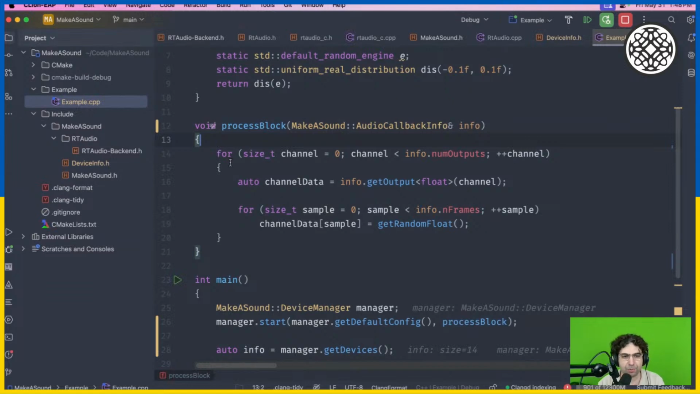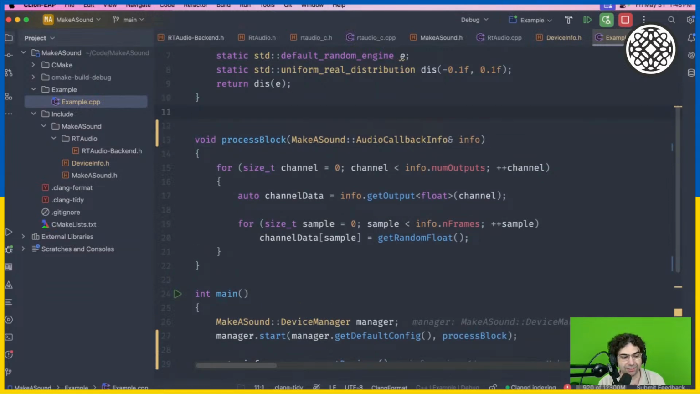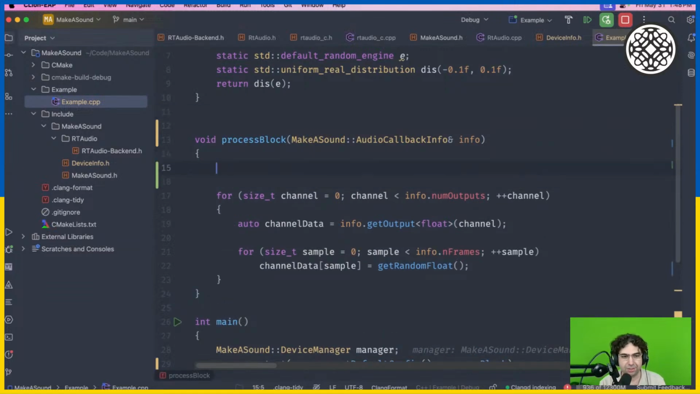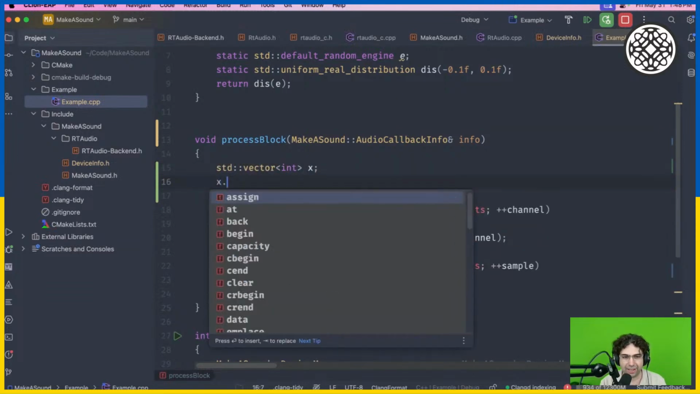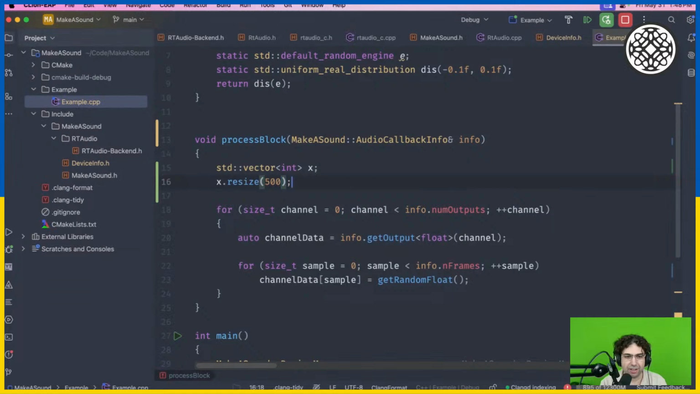In Juice, usually they give you a prepare call, and a prepare call is your chance, when something changes, to allocate memory and do everything that the process block will need to do, because the process block is not allowed to allocate memory if you're doing a real-time app. If you allocate memory here, like a std vector of int x and then x resize 500, this is going to allocate a bunch of memory, and this will create